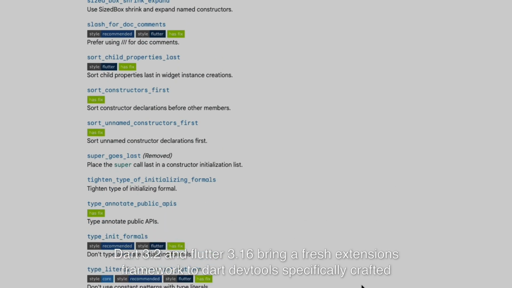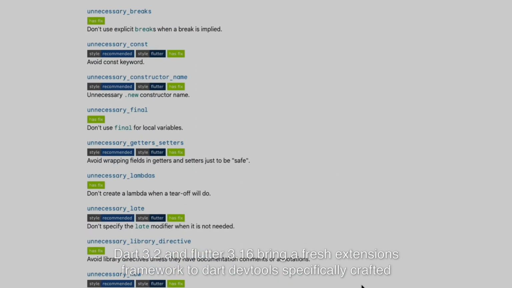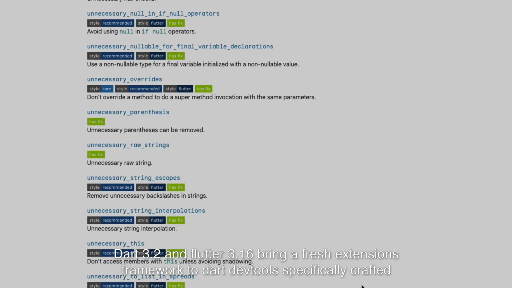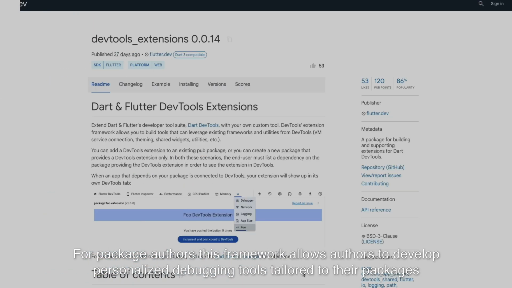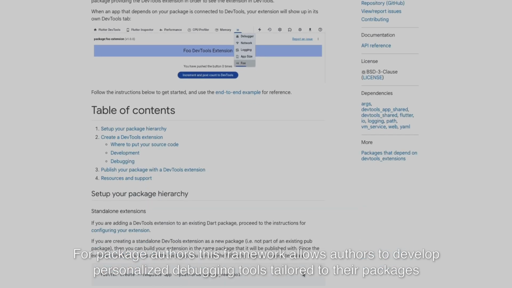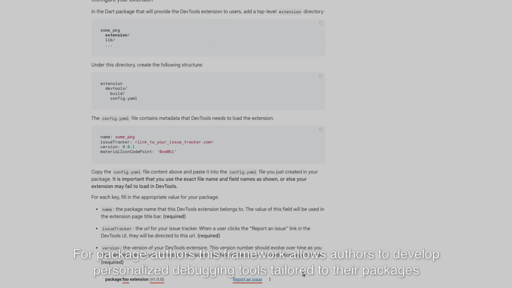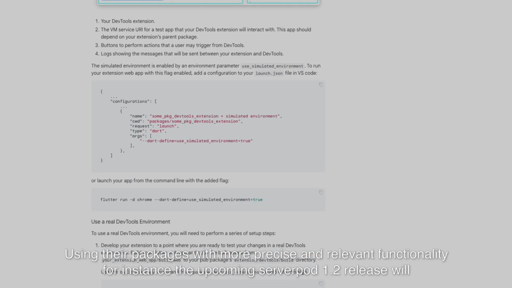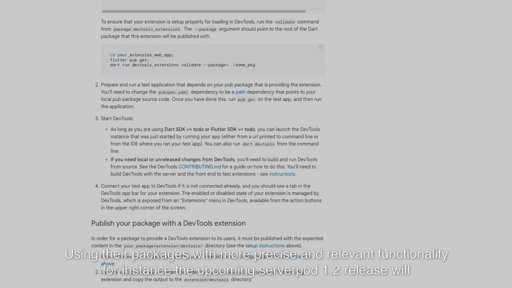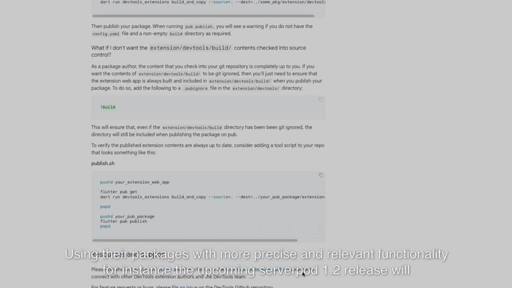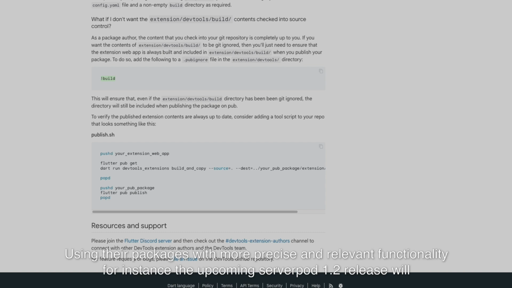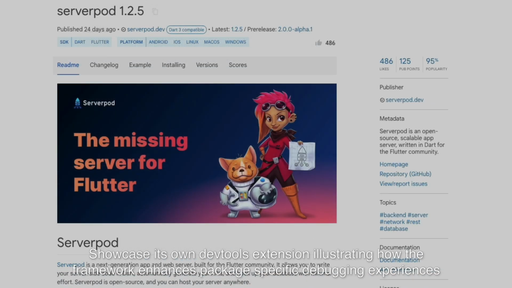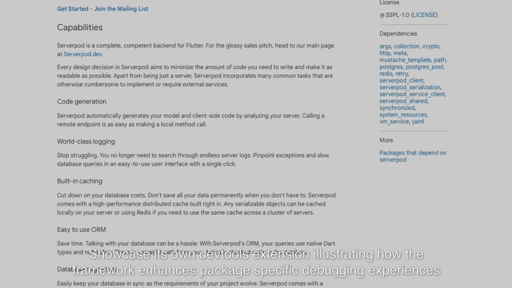Dart 3.2 and Flutter 3.16 bring a fresh extensions framework to Dart DevTools, specifically crafted for package authors. This framework allows authors to develop personalized debugging tools tailored to their packages. With this innovation, authors can offer tools that seamlessly integrate with DevTools, providing developers using their packages with more precise and relevant functionality. For instance, the upcoming Serverpod 1.2 release will showcase its own DevTools extension, illustrating how the framework